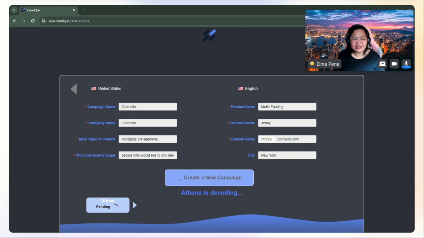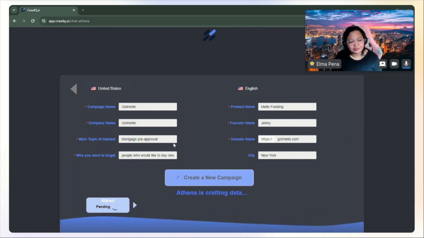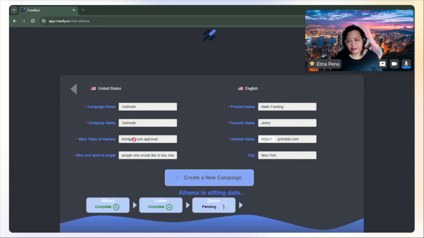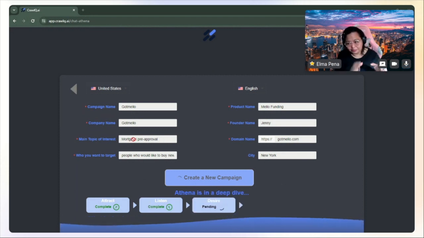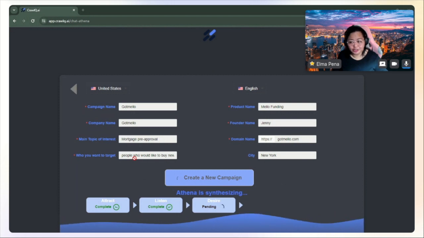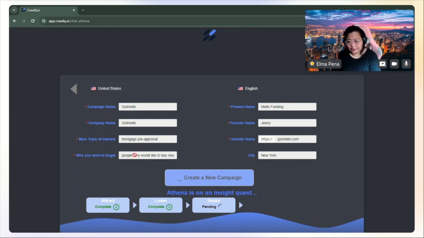So maybe for Victor, when we set up a workspace, the main topic of interest will be ergonomic office furniture, or healthy office life or something like that. So we can frame it like that. And then who do you want to target? Definitely the professionals, not just working at the office, but also remote employees. They are also very important because